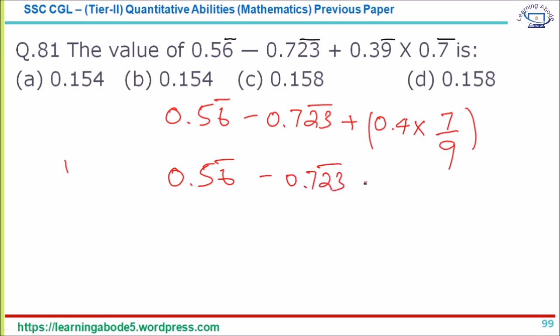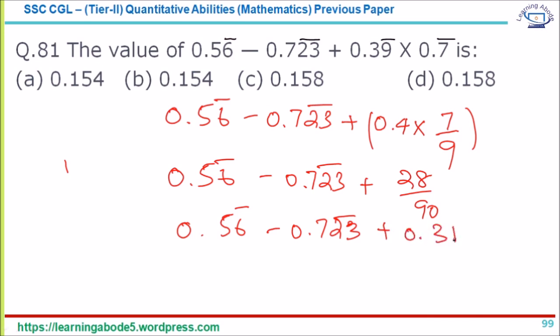723 plus that is so you get 28 by 90. 28 by 90, so you get 0.56 plus minus 0.723 dash plus 0.31. Okay, so now this 28 by 90 is like you can write as 0.31. Now if you solve for this, you will get 0.56 and 0.831 is 0.877